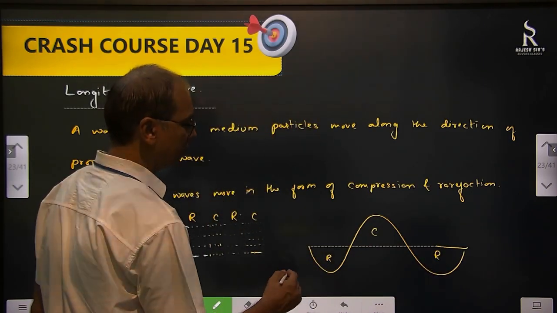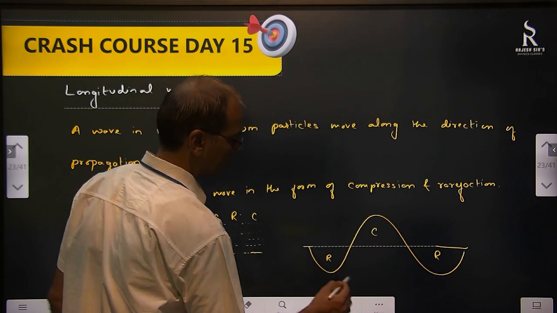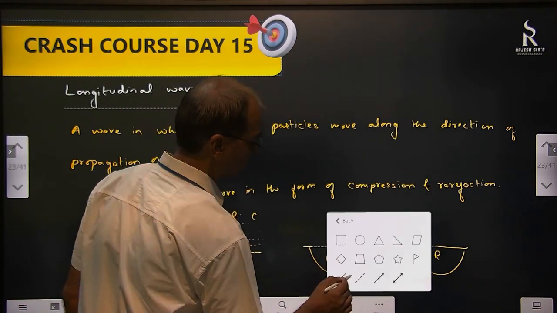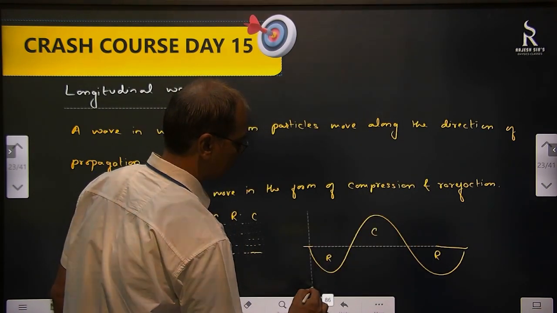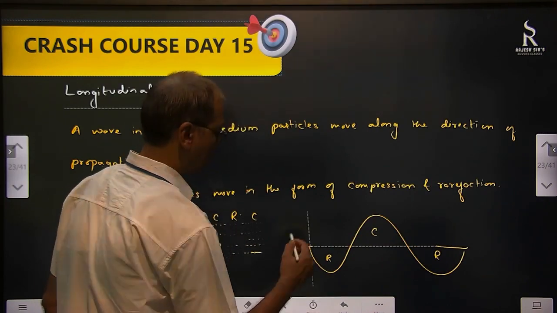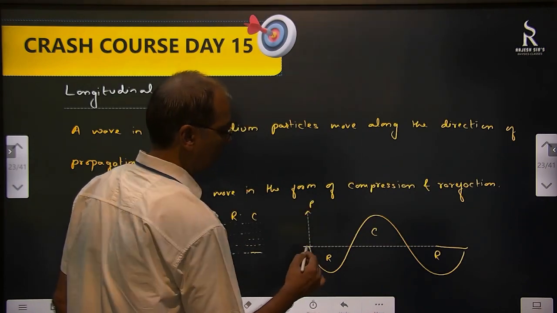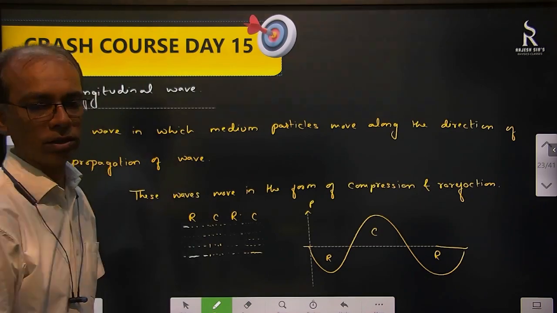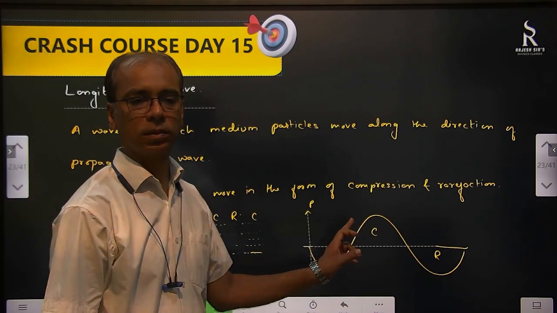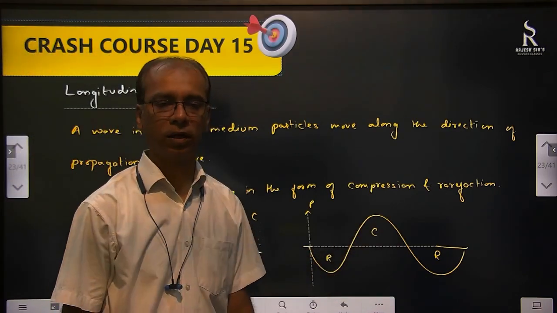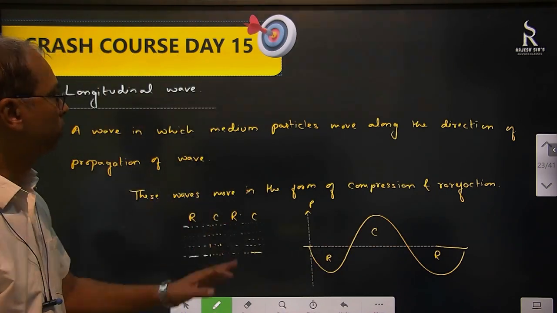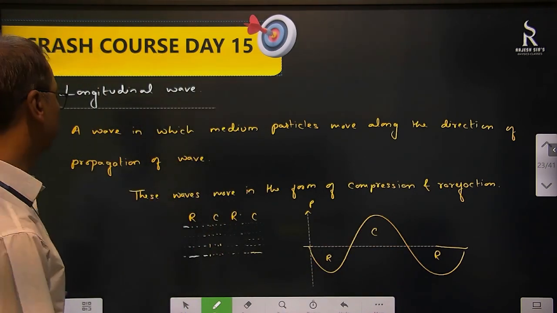Okay, and what is this? Pressure. This is pressure here. So here pressure goes down, that means rarefaction. Pressure goes up, compression. Again pressure goes down, rarefaction. So this is how we will be showing a longitudinal wave. Okay,